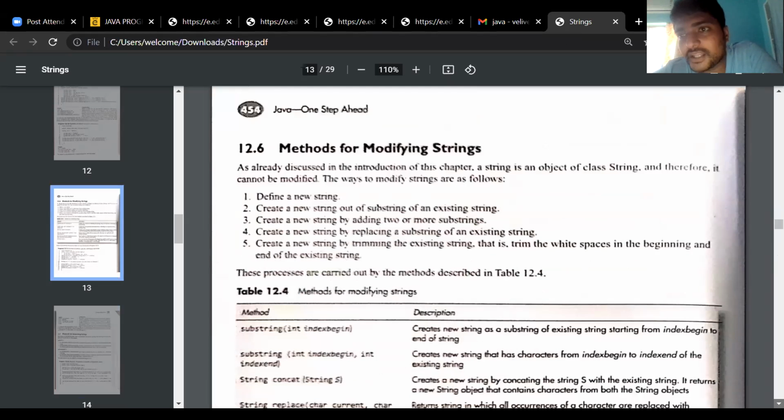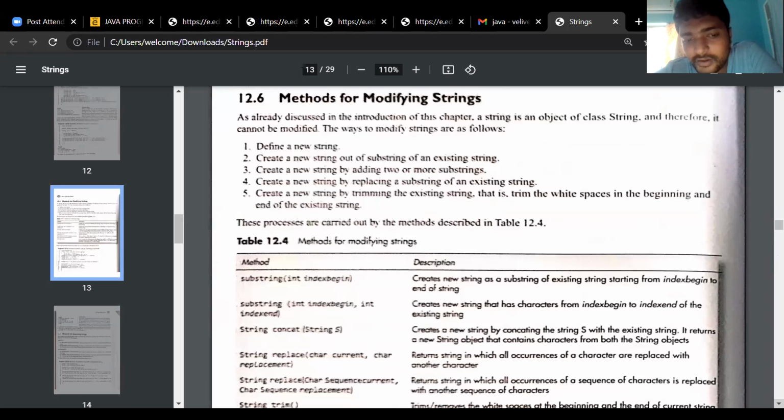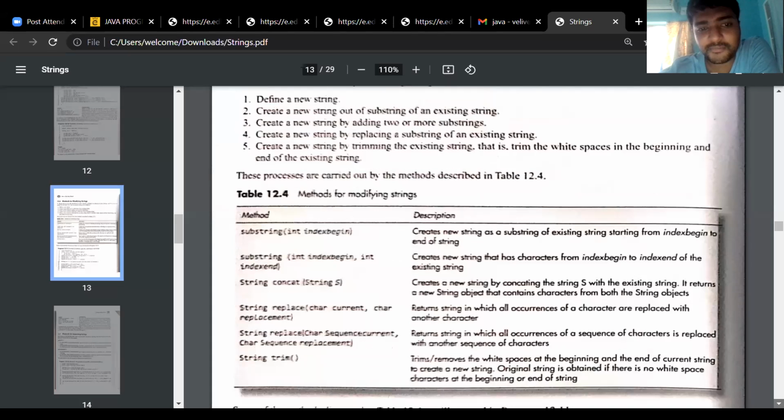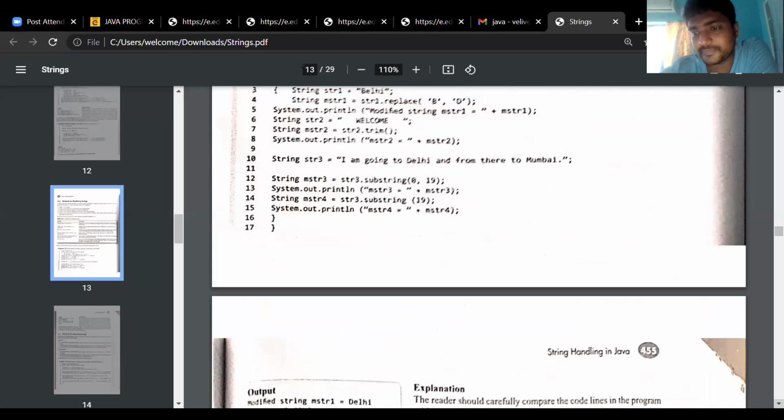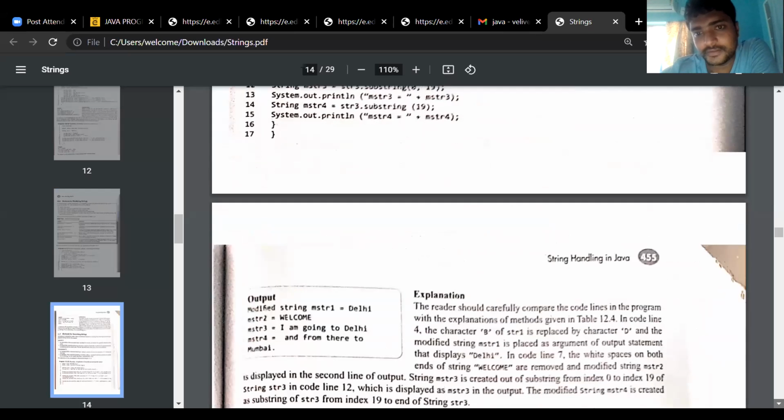Trim method means all the white spaces will be deleted and the entire string will be displayed. We have the replace method also. By using the replace method, we can replace one character by another character. So these are some methods in string modification. For each purpose, the class supports some predefined methods.